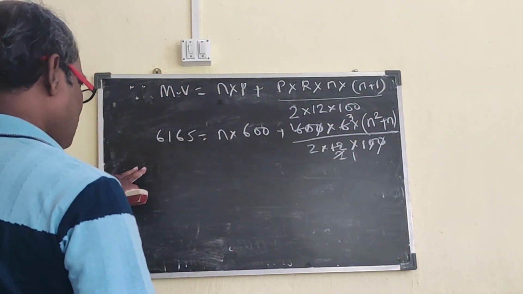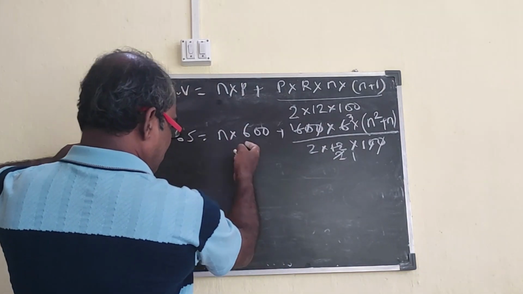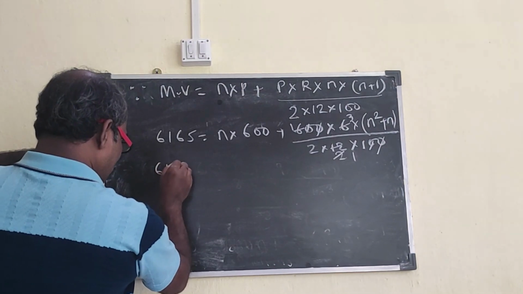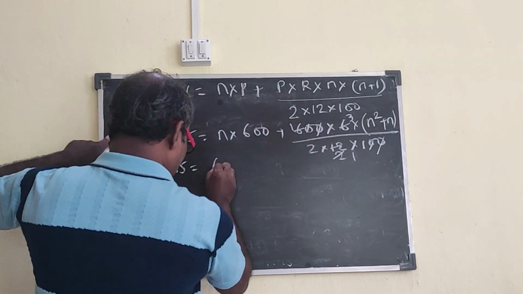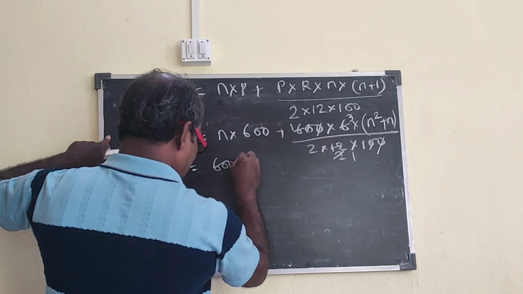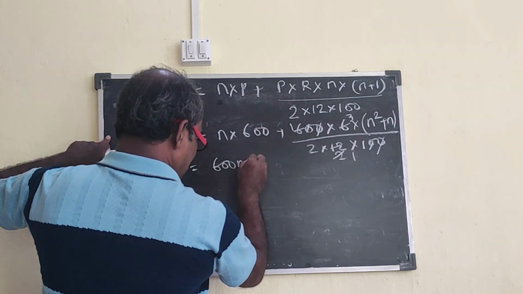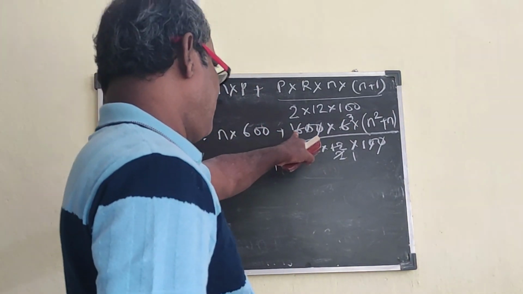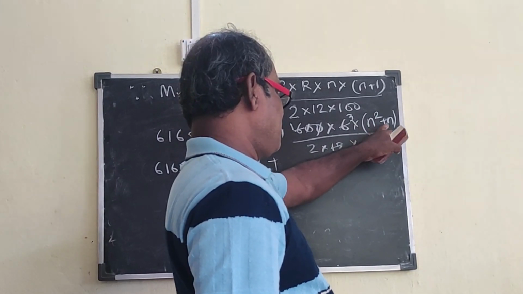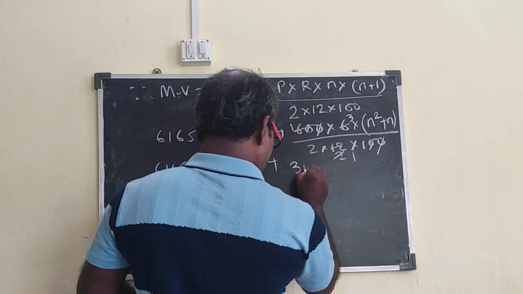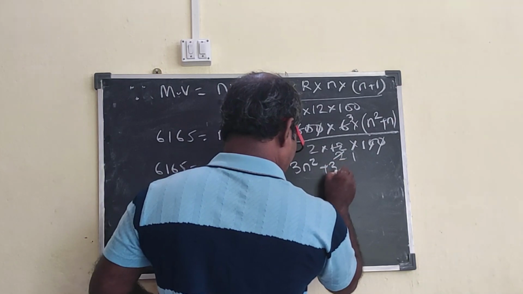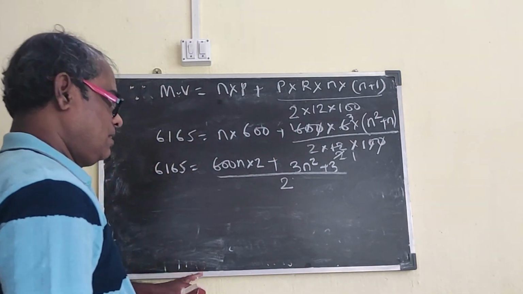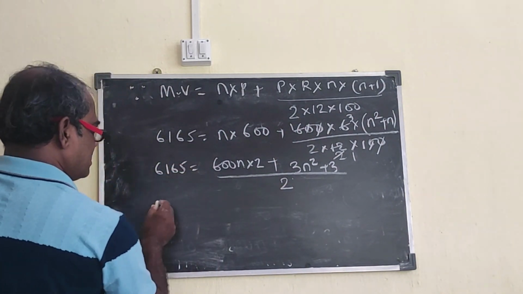Clear? So from here, now if we take out the LCM, here 1 and 2, the remaining is 2, so LCM will be 2. We get 6165 is equal to 600 n into 2 plus here left is 3 into n square plus n, that is 3n square plus 3 whole divided by 2. Bring this to this side, it becomes